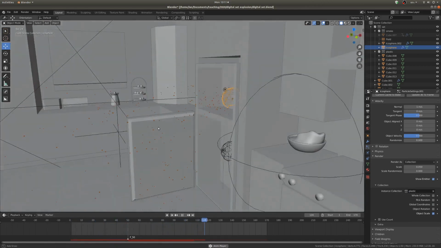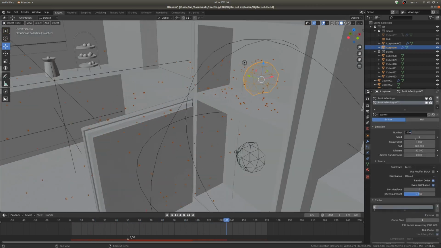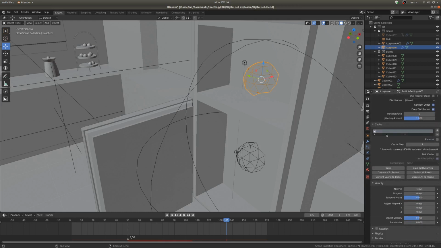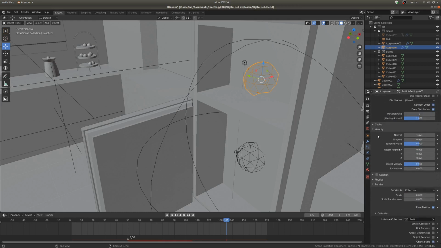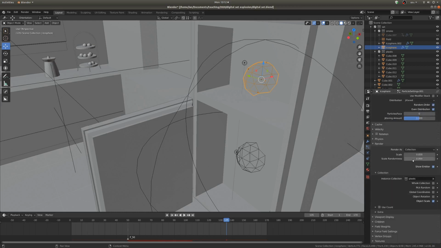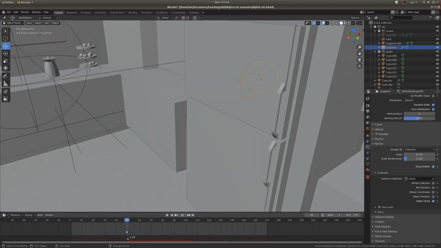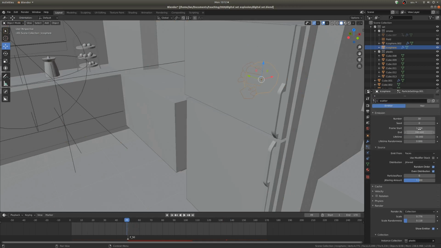That is absolutely insane. So we probably don't need 1,000 particles, so I'm going to drop that down to something like 100-ish. Actually, probably even less than that. I would say 30. And we'll just make these particles really big. So if we hop down to render and scale, just turn up the scale quite a bit. And we can use a little bit of scale randomness and set this to go off right when the explosion goes off. So up here at start and end frame,